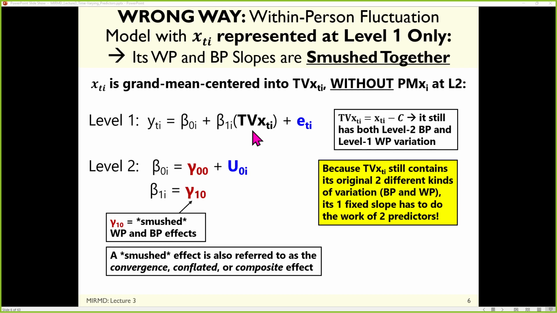Okay. Another way to say this, for those of you who've seen multi-level stuff before, is that we are assuming there's no contextual effect. So that may help bridge the gap. That terminology is coming in like 15 slides or something. But that's another way to think about this, that we're assuming there's no contextual effect. And in longitudinal data, that's just not going to be true. So we don't want this.